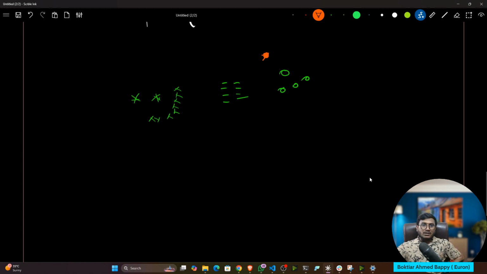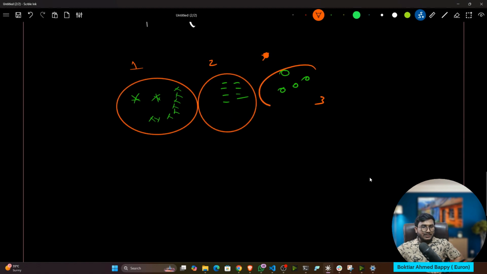Now, can you tell me in which cluster it will fall? First cluster, second cluster, or third cluster? Based on the distance, if you measure the distance with all the vectors, in which cluster will it fall, guys?